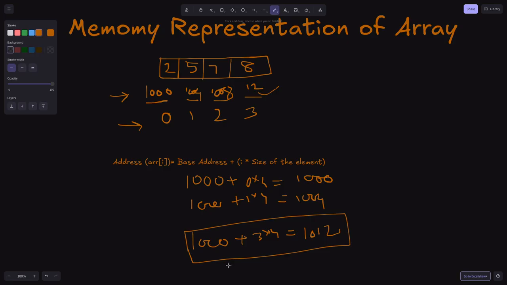Now this is a very commonly asked question in interviews, why array indexing starts from 0. So we have the formula that the address of any element, array of I, is equal to the base address plus the I, the index, multiplied by the size of the element. So basically this I is the offset